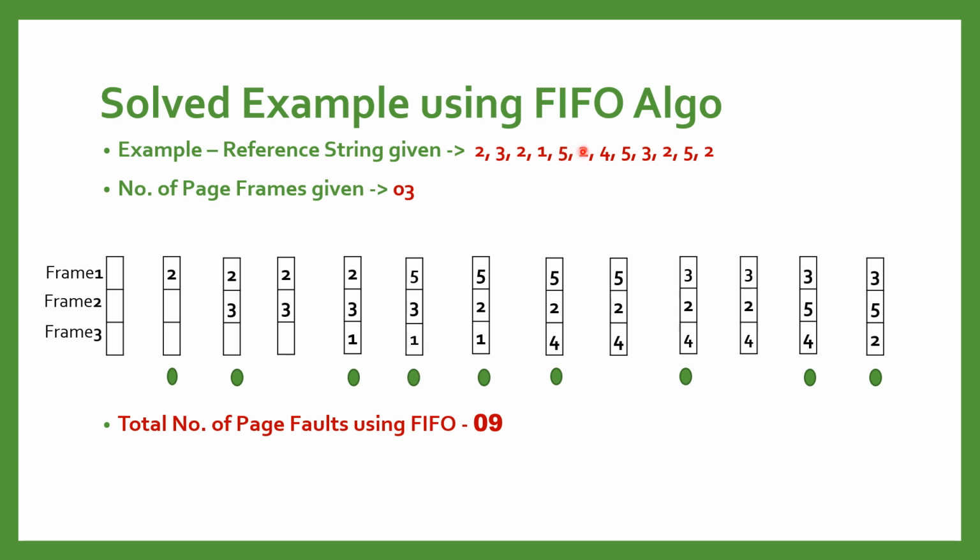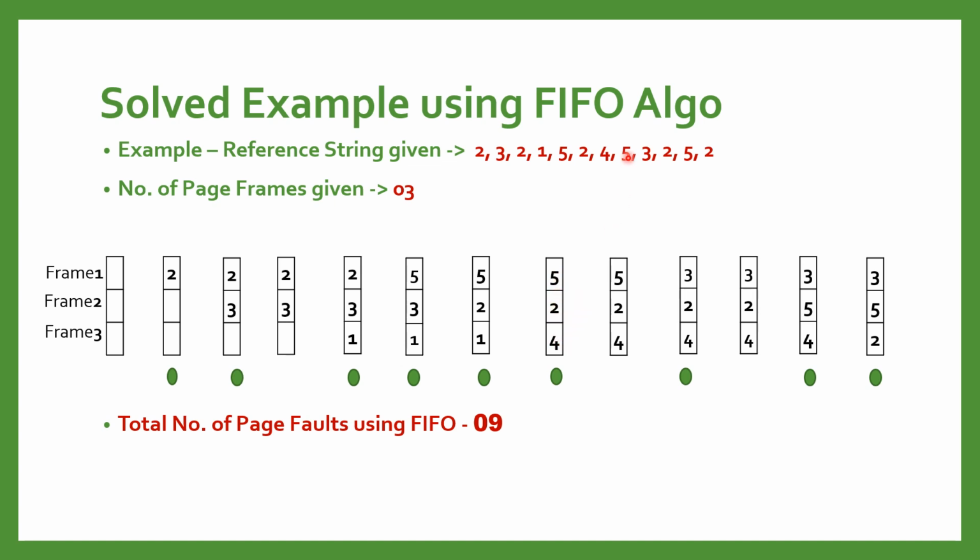Again 2, so we will check here, 2 is not there, so we will replace again. We replace this frame, so now it is the turn of this page frame, and we will replace this with 2. Now the new image is 5, 2, 1 and there is a page fault. Again now it is the turn of 4. We see 4 is not there, so a page fault occurred. Now we will replace this page frame because the other two page frames we have already replaced, so we will replace this page frame 1 with 4 and the new image is 5, 2, 4.